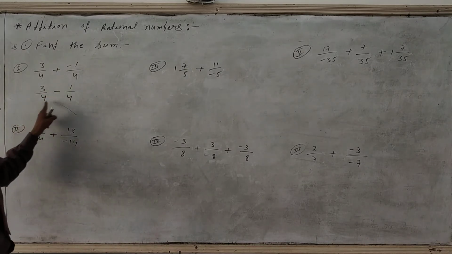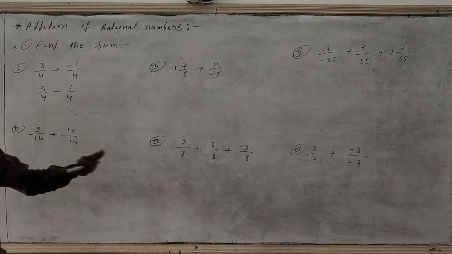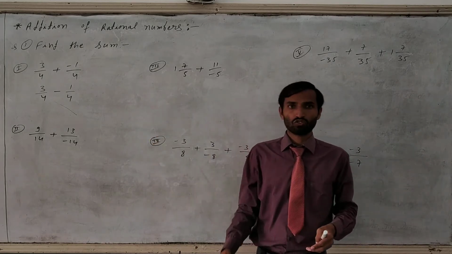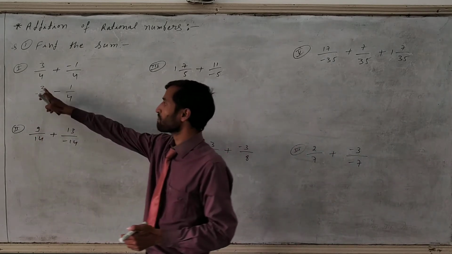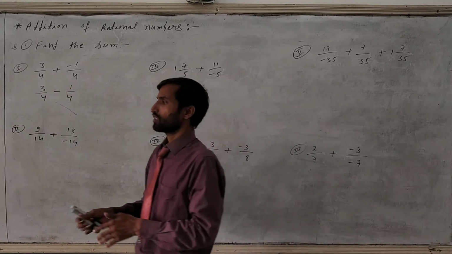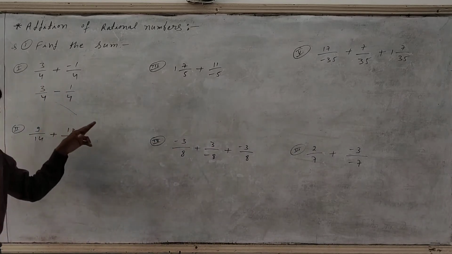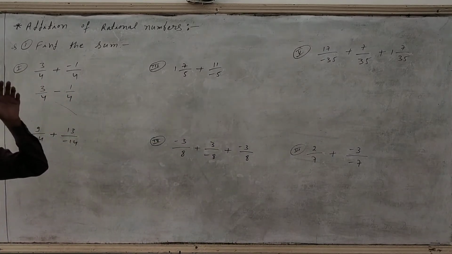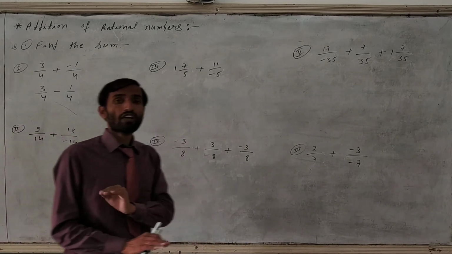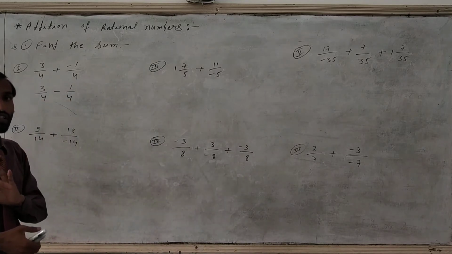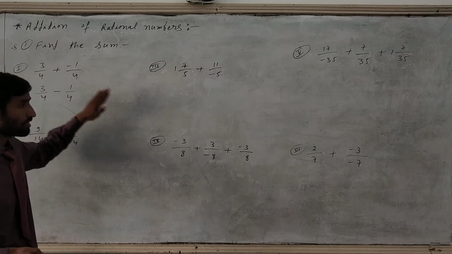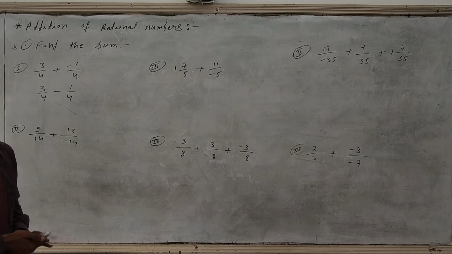Okay. Both have the same denominator, so there is no need to take any LCM. 4 and 4 is there, so just subtract directly, numerator to numerator only. Sometimes children do numerator and numerator subtraction and denominator subtraction also, so the concept is not clear. That's why in the fraction part we make the denominators the same by taking the LCM. But here the same denominator is already given, so there is no need to take any LCM.